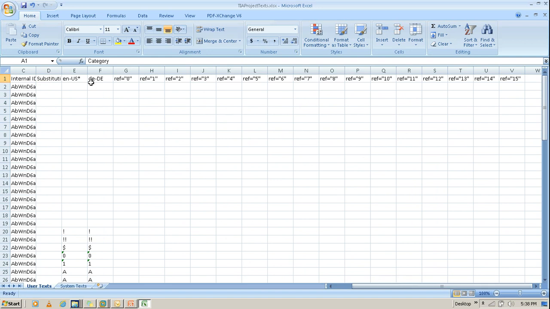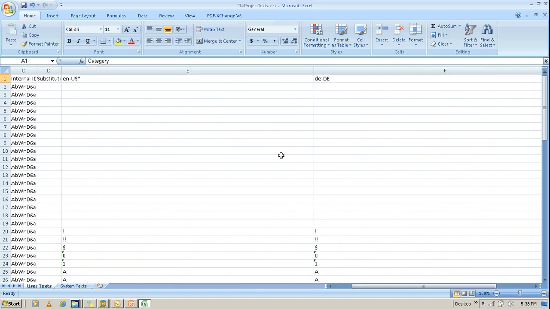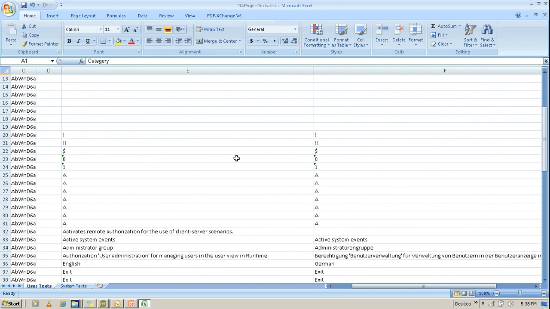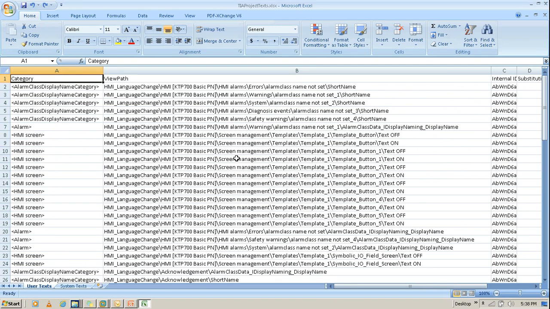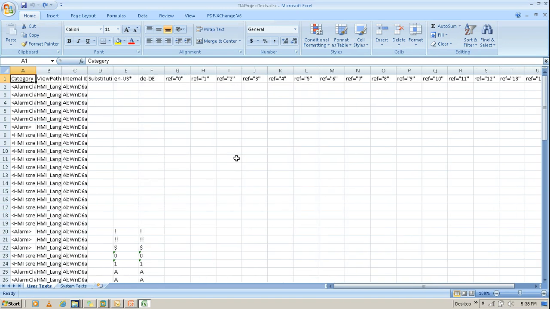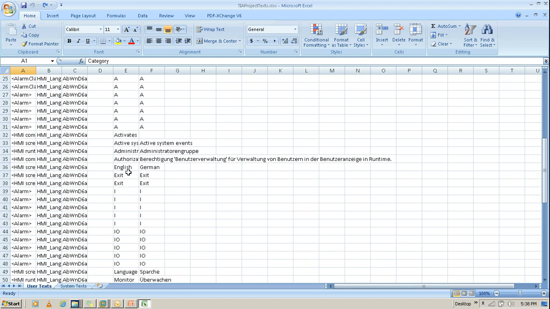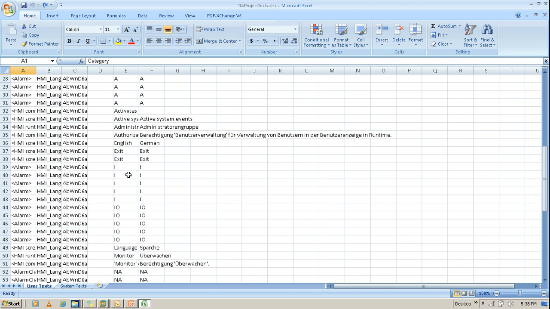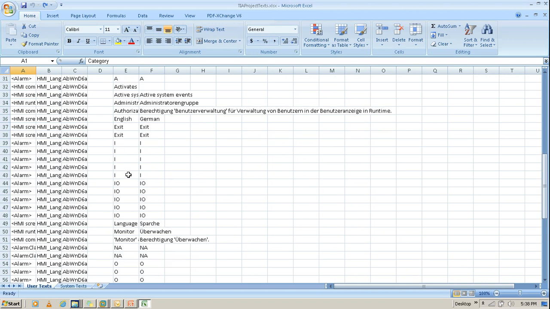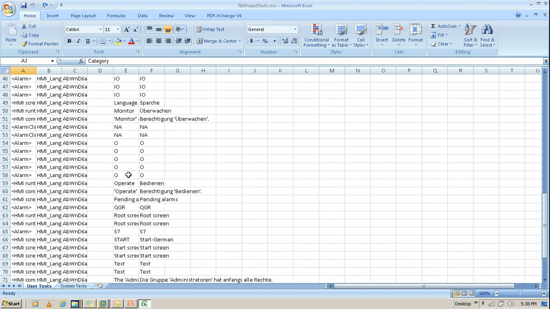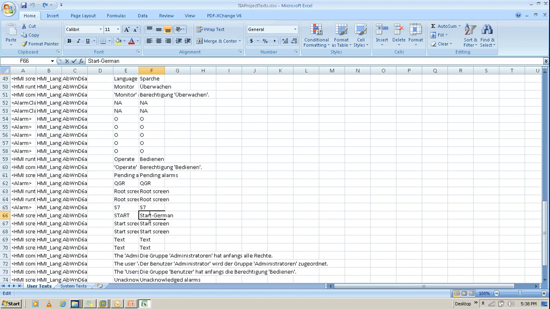Okay, as you can see, this is the exported file, and as you can see here, all the text from the columns of English and German have been exported to an Excel file. What you can do is easily change it here. You save this file, close it,